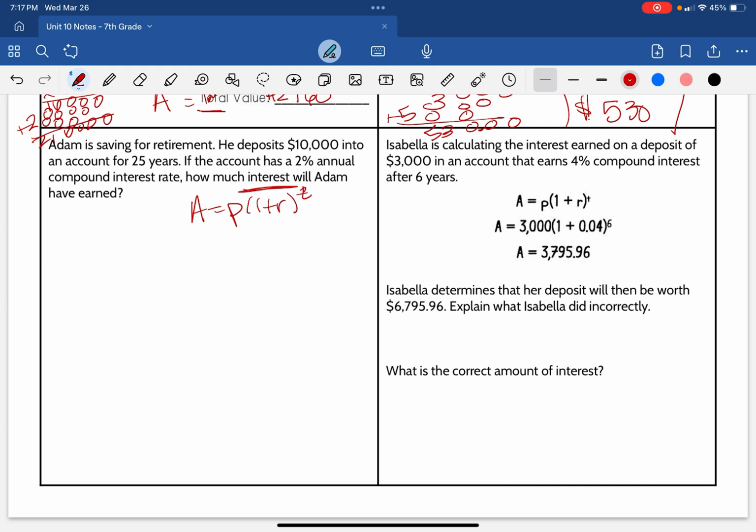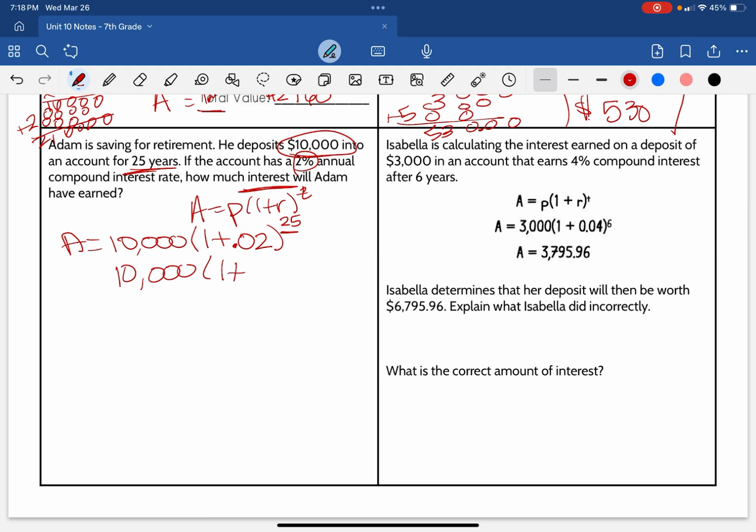Let's plug everything in. He deposited this. This is going to be your principal. So A equals 10,000. He has an interest rate of 2%, so that's going to be written as 0.02, to the 25 years. This one is a lot just because of that 25. We're not going to go that far because it just makes it a lot. So we're going to talk about just what it would be for 2 years and go from there. Because when you don't have a calculator, calculating what it is going to be for 25 years just makes it really hard. So I have 10,000